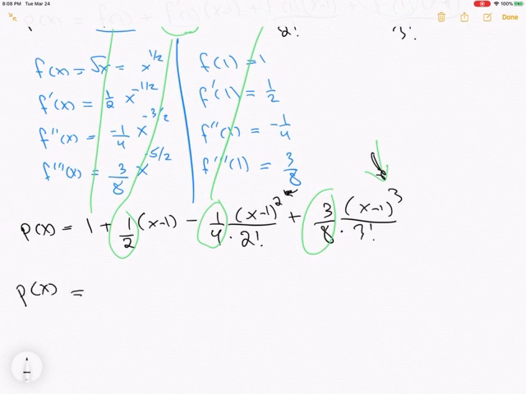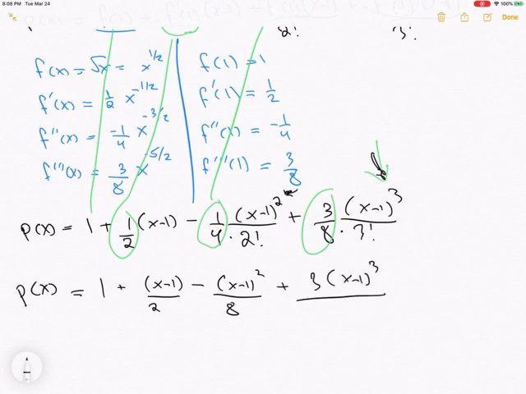So I'll write it one more time without all the nonsense over it. So that's x minus 1 over 2, minus x minus 1 squared over 4 times 2 factorial, which is 8, and then plus 3 times x minus 1 to the third power,